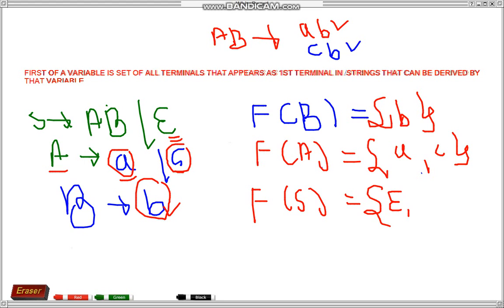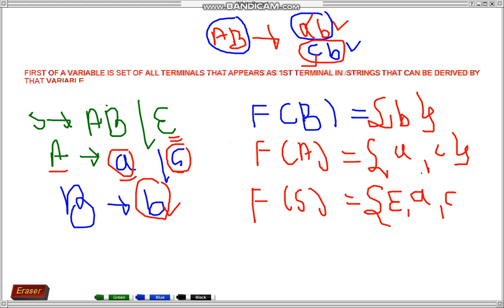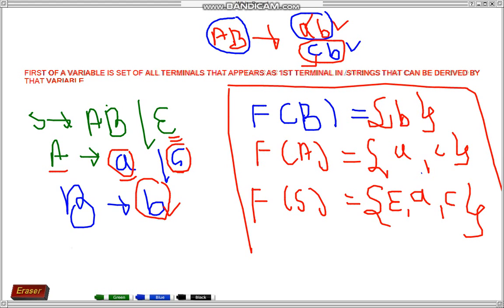You can observe this term AB is capable of deriving two strings. The first string is ab and the second string is cb. So we need to find the first terminal in these two strings. Here the first terminal is a, so write down a comma, and the first terminal in the string cb is c, so write down c. So this would be your final answer.